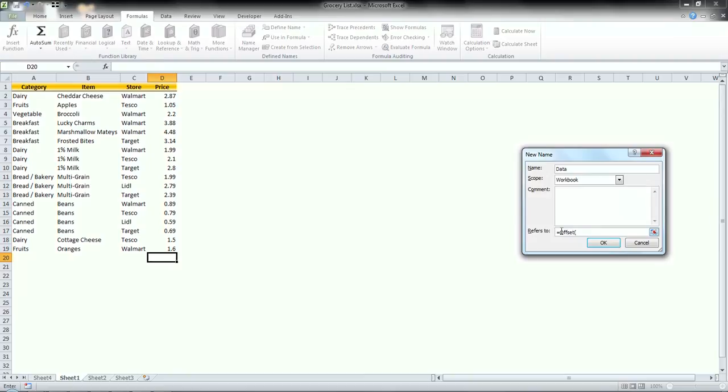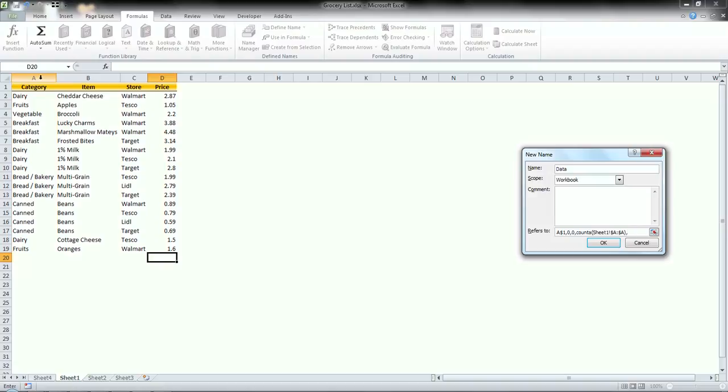The OFFSET function needs one reference cell. In this case it will be A1, where my range will start. I will not move from this cell, so it will stay as it is. So 0 rows to move and 0 columns to move. But on the other hand, I want to expand the range, so I will add lines to the cells, and I will use the function COUNTA, count everything that is in column A,